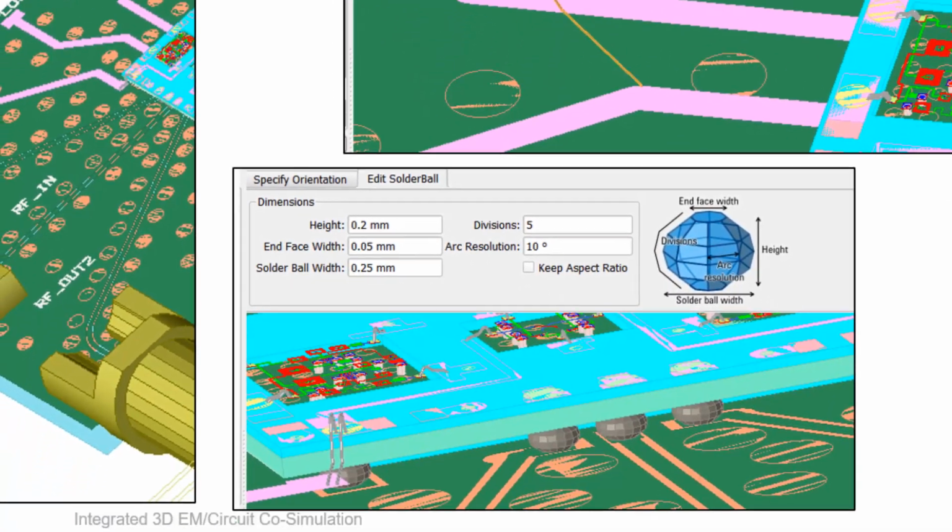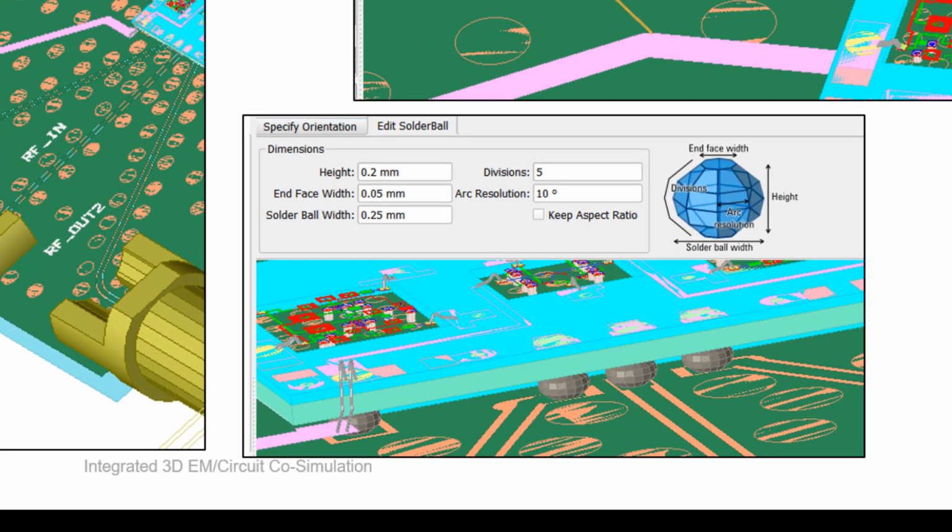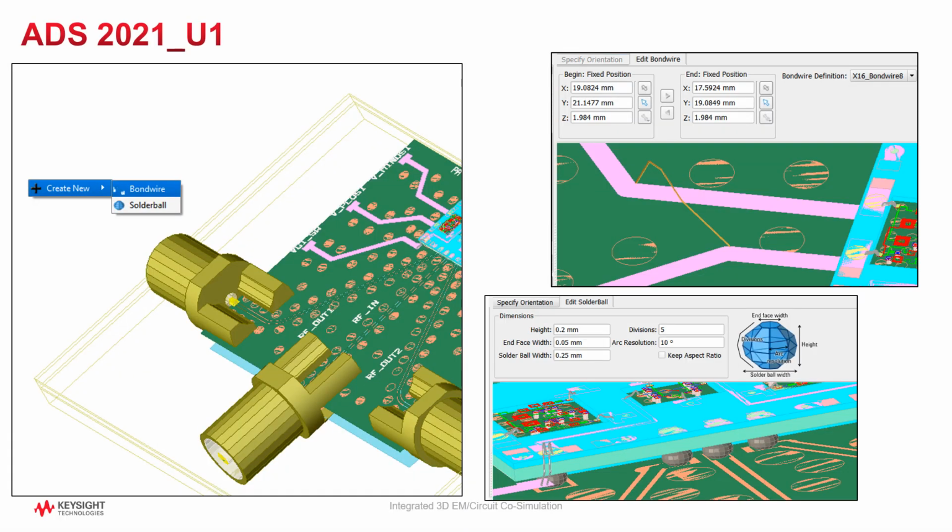And the same thing with the solder bump. Once you say create new solder bump, a new window opens up and it has all the editable parameters to define and use the solder bump you want as shown here. So all these new features are in ADS 2021 Update 1, and I thought I would mention it to you.